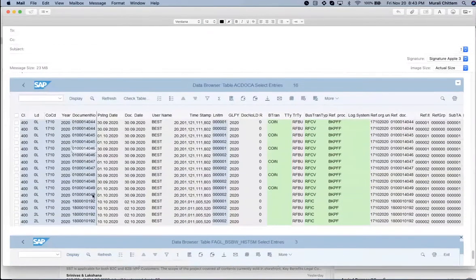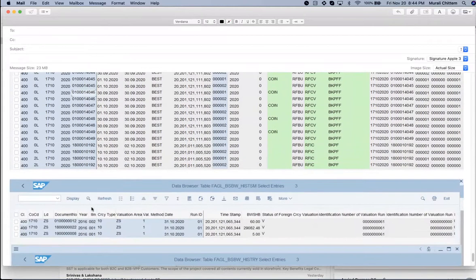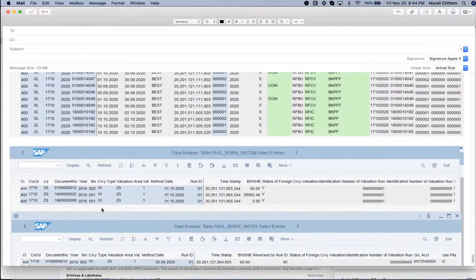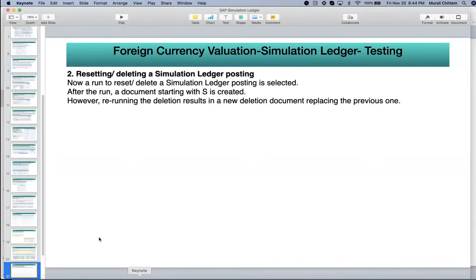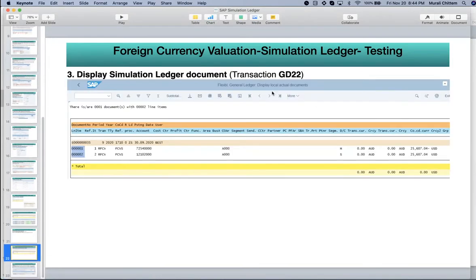So 44 to 49, 6 twos are 12, and previously there were 4 line items, so total 16. I'll jump again into the presentation. This we are going to see. As I said, this is a transaction code to display the simulation document.